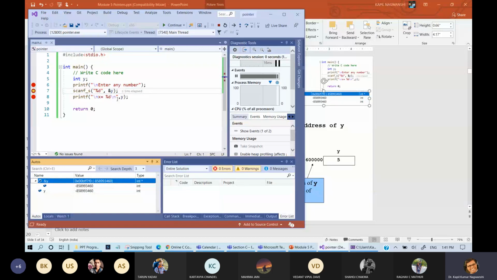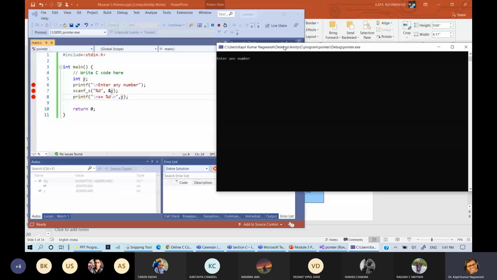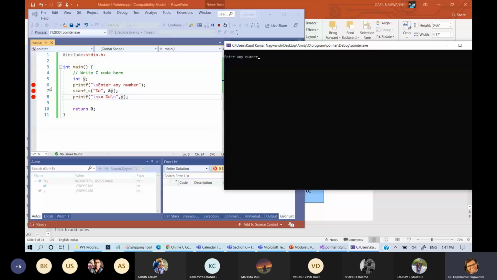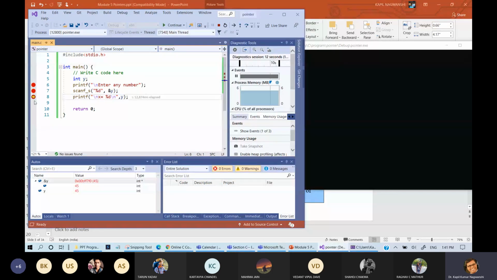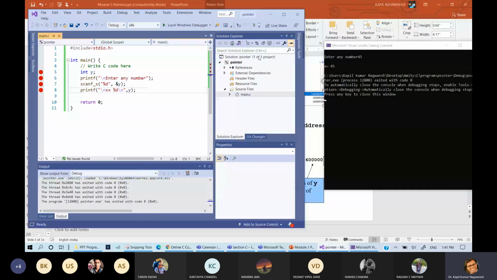Now if I execute the next line, it will display enter any number. After this I need to press a number, and after pressing 45 and enter, the program goes here and now 45 is available for y. The value stored at this location is 45. Then I press continue again, and the program is completed.